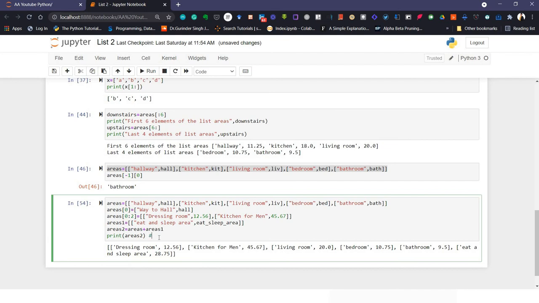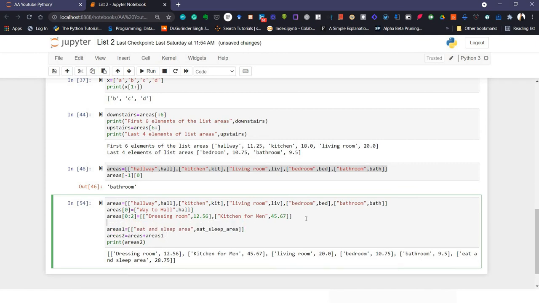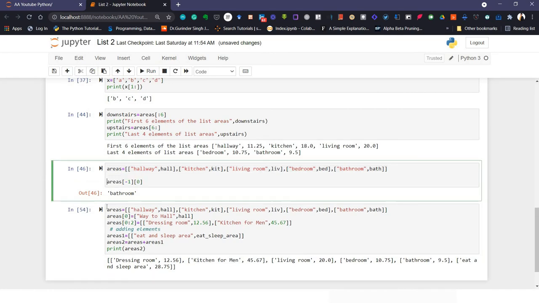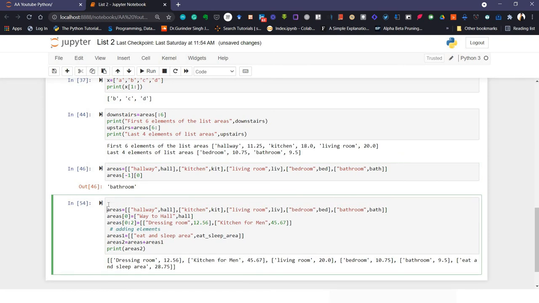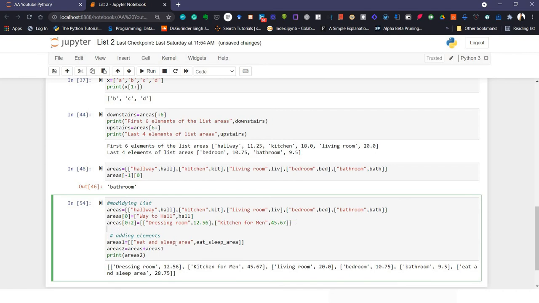Adding elements. Okay, or it started actually here. Yeah, this thing, adding elements. I'm putting a comment here. Oops, not here, here. Modifying list and adding elements in list